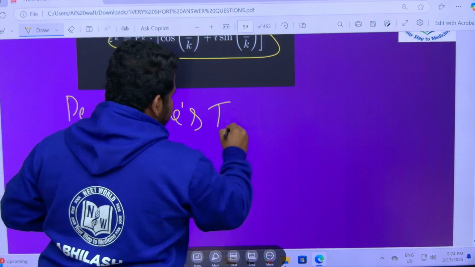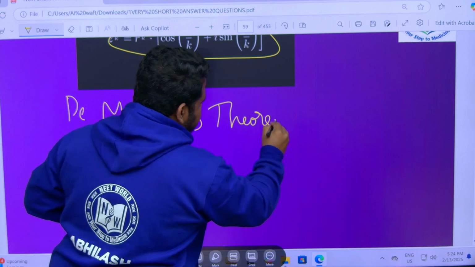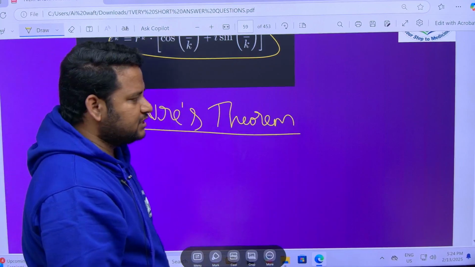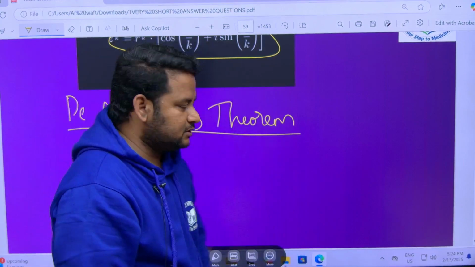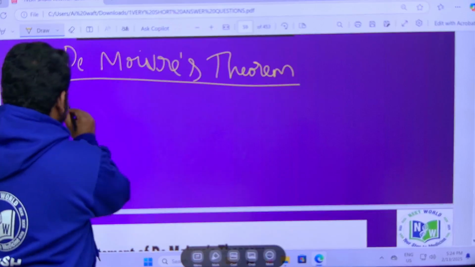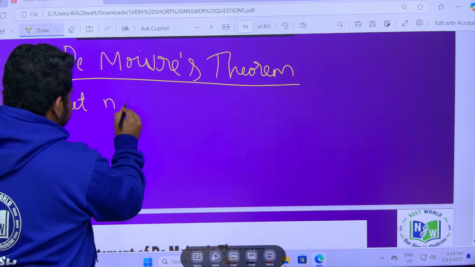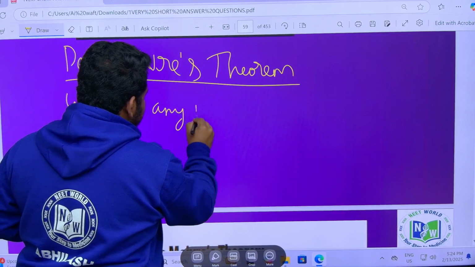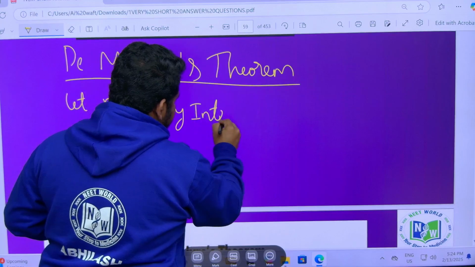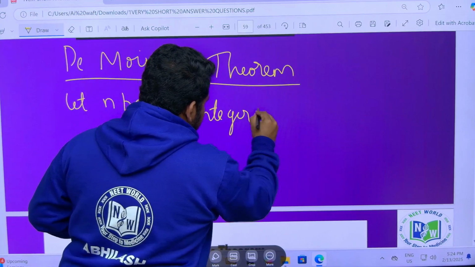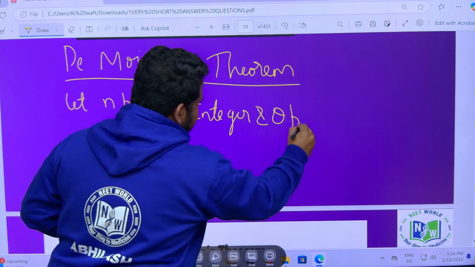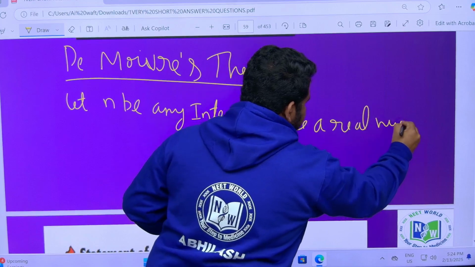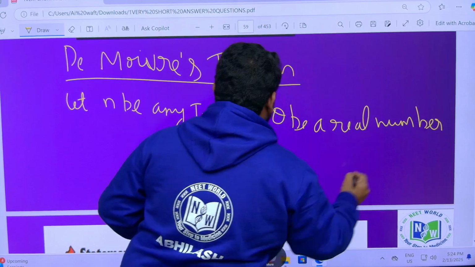Now I will give the statement of De-Moivre's theorem. What does De-Moivre's theorem say? Suppose n is any integer and theta is a real number. Then